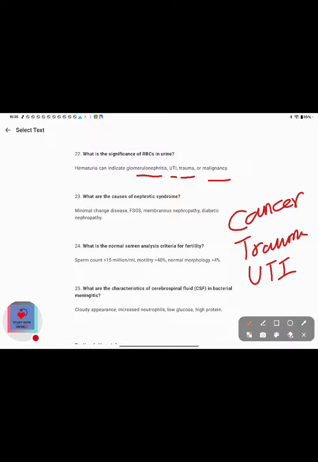What is the significance of RBC in urine? That is called hematuria and it indicates glomerulonephritis. किडनी का प्रॉब्लम है, यूटीआई इन्फेक्शन हो सकता है, यूरिनरी ट्रैक इन्फेक्शन, बिकॉज ऑफ ट्रॉमा और बिकॉज ऑफ द मैलिग्नेंसी. तो ब्लड इन यूरिन होने का कैंसर हो सकता है, दैट इज मैलिग्नेंसी. ट्रॉमा हो सकता है कि मार वार लगा है इस वजह से आया ब्लड, या इन्फेक्शन होता है यूरिनरी ट्रैक इन्फेक्शन, या फिर ग्लोमेरुलोनेफ्राइटिस,